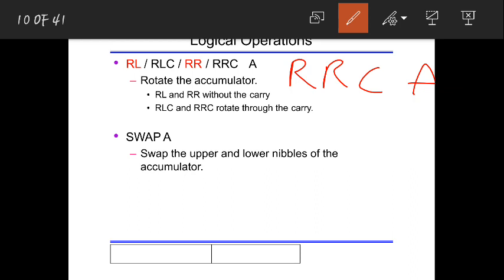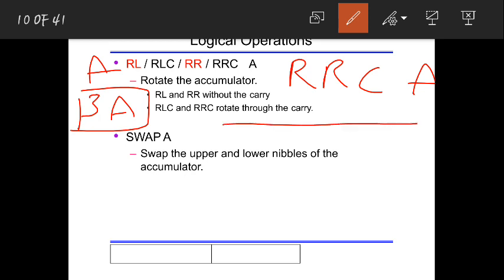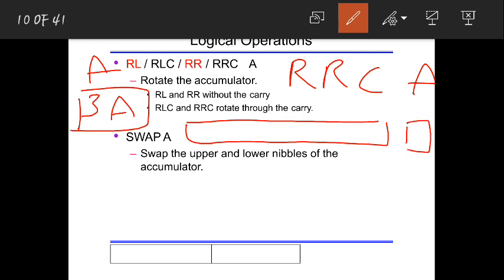Now we will do rotate right. Right means you need to rotate right, and it will also include the carry. I will consider A is equal to 3A before execution. And I am taking carry is equal to 0 here. If you want, you can take 1 in carry. Okay, I am taking 0.